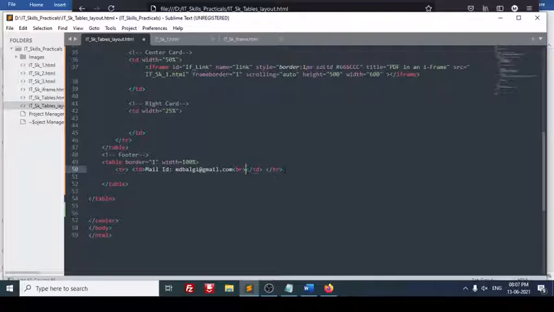One more, if I want, I have to go for it. See, this is how I have to align it. Here I will use one more contact number. I can set it to 9241681570.